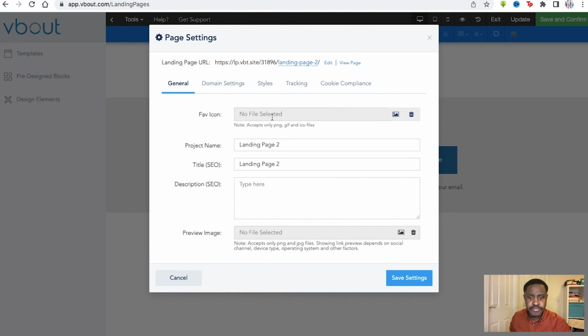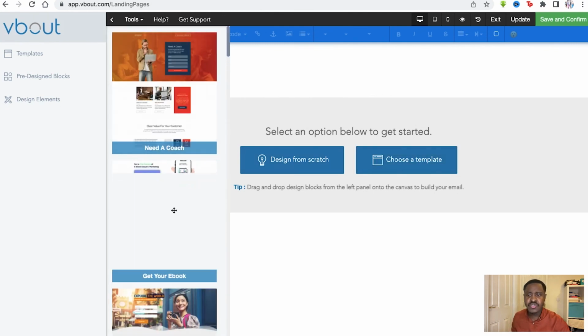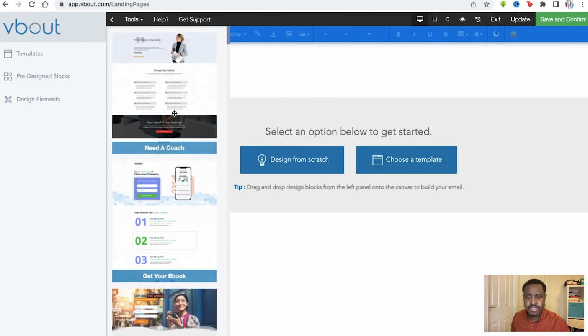Sign up for one. You create a landing page through here. But again, these are all standard names. We'll just save the setting. We don't need to be specific about it. And can choose a template for a landing page. We've got this right here. So page can help them sign up